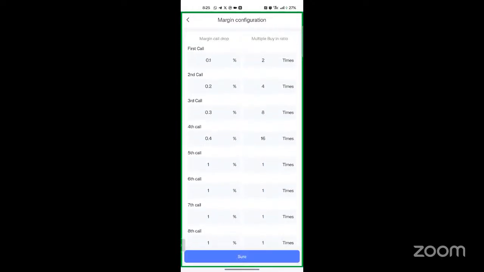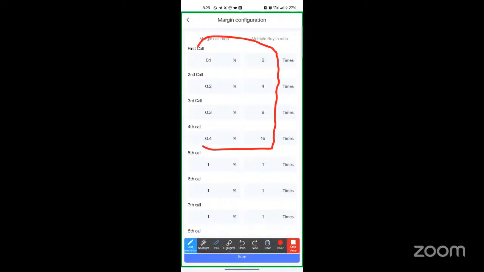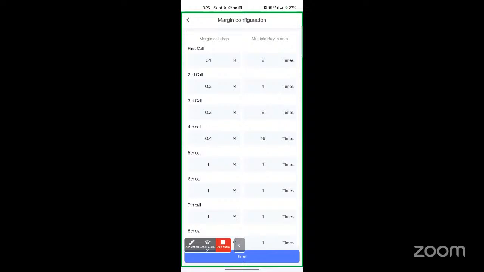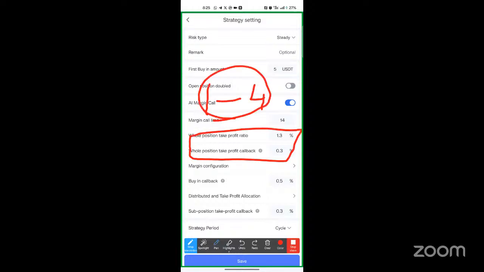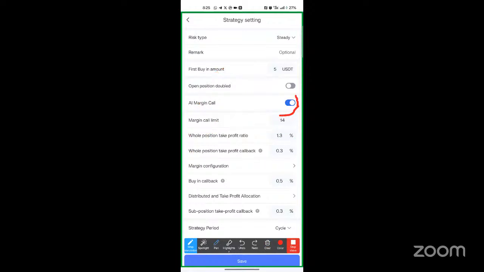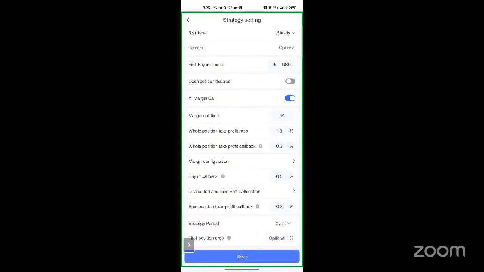Look here, friends. I know in my mind that whatever it will buy here, it will be my take profit of 2% or 1% or 1.5 that I will have put here. Whatever it will sell, it will work from call number 1 to call number 4. But since my drops are very little, I will switch on my AI margin call to put a barrier. If you have understood my approach, give me a yes in the chat before I explain something else.